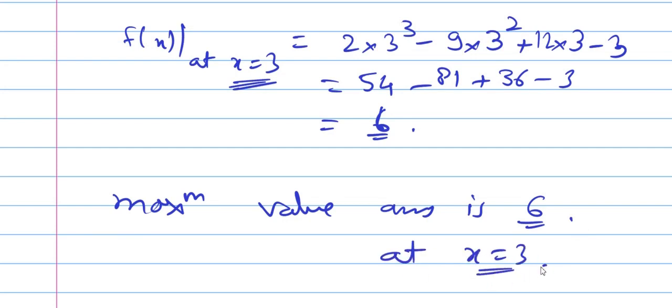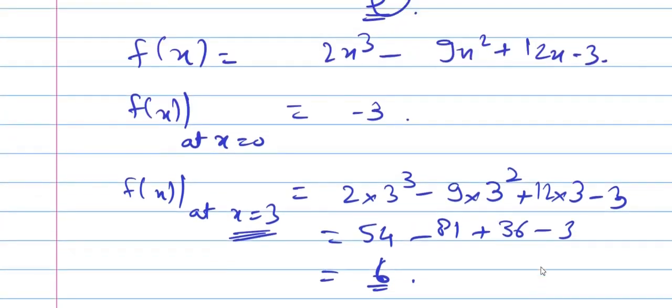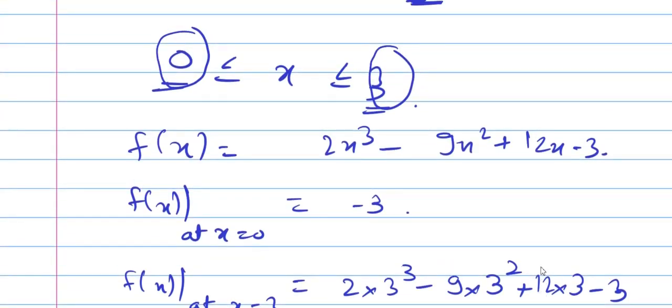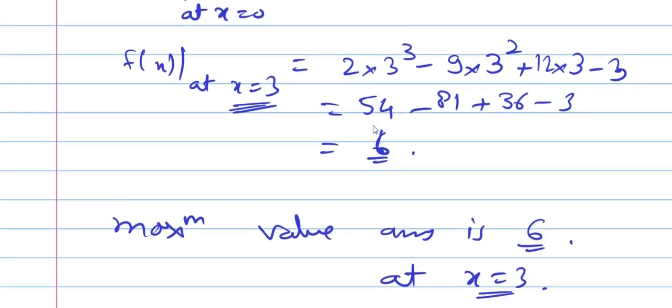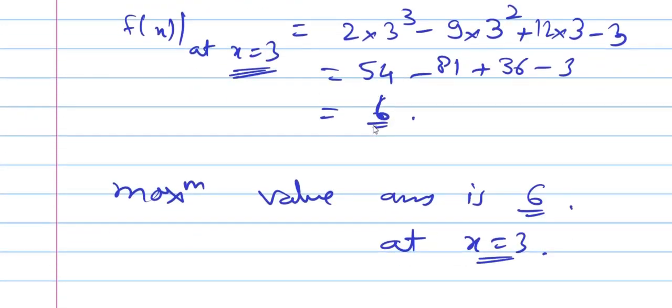तो क्या है इस प्रॉब्लम का ट्विस्ट? हमने हमारी मेथड फॉलो किए, मेथड से हमको स्टेशनरी पॉइंट मिला, स्टेशनरी पॉइंट से हमने फंक्शन कैलकुलेट किए, तो फंक्शन की मैक्सिमम वैल्यू मिली 2. But we should also check at the end points of the interval. और हमको पता चला कि 3 पे फंक्शन की वैल्यू 6 है, जो कि स्टेशनरी पॉइंट से ज़्यादा है. तो 6 is the answer. Maximum value of the function is 6.